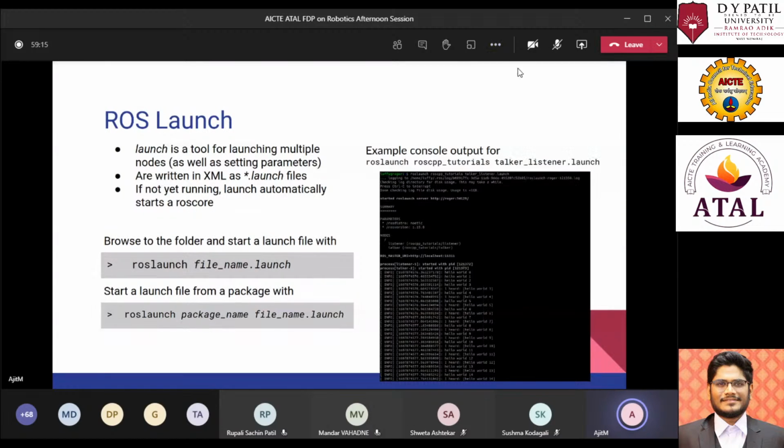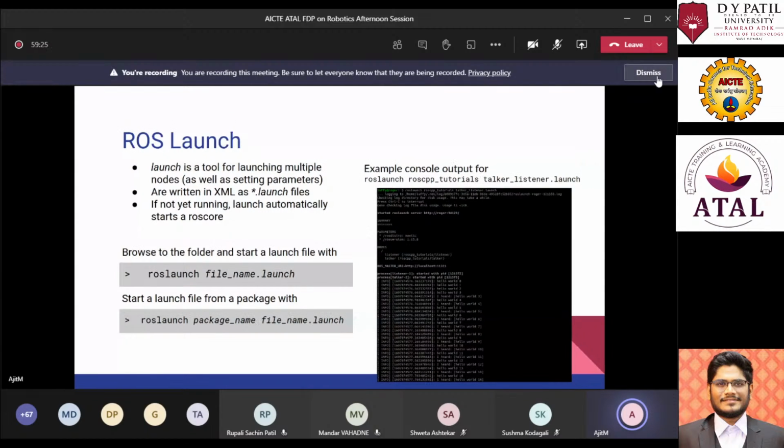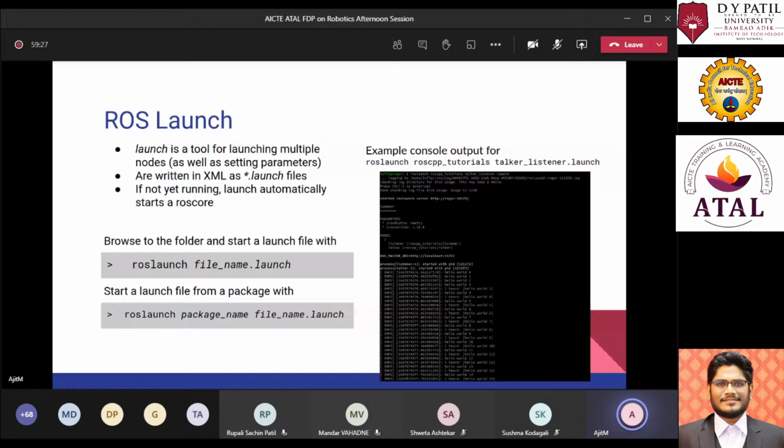What these do is you can list down all the nodes which you want to run, all the packages, and it can also run roscore if it has not been set before. So if you don't have roscore running, but you want to run a package quickly, you can just go with roslaunch.